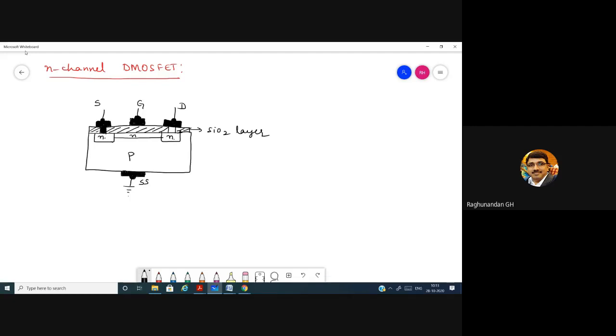Now, we know that towards the drain only we are going to take the output. And here we are having the source. So initially both the source and the gate will be grounded. Now I want to make the electrons which are present in this N well flow towards the other N well.